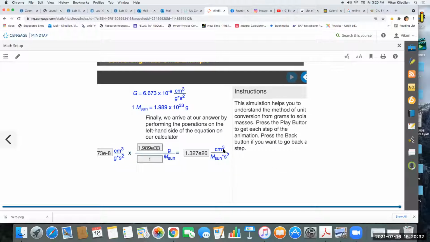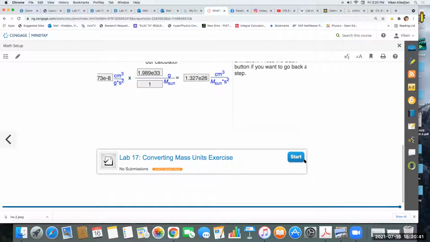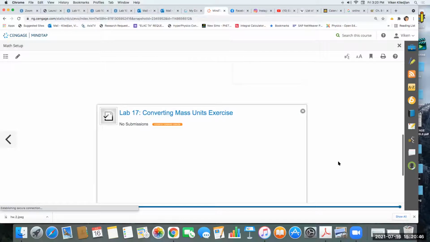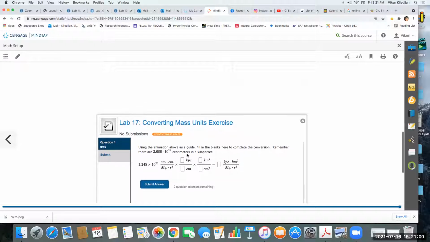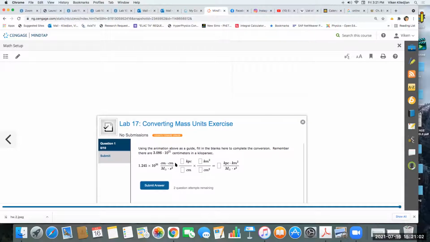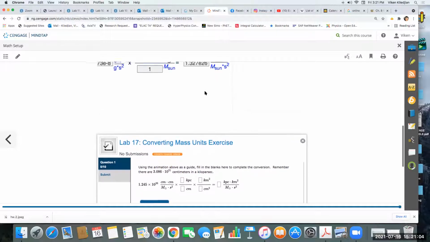But then the next thing we need to do is break this up into kiloparsec and kilometers squared. So now use the animation above as a guide. Fill in the blanks here to complete the conversion. Remember, there are 3.086 times 10 to the 21 centimeters in a kiloparsec. So they're starting here by centimeter squared. Oh, so they're taking this,